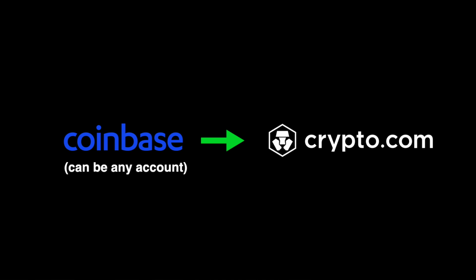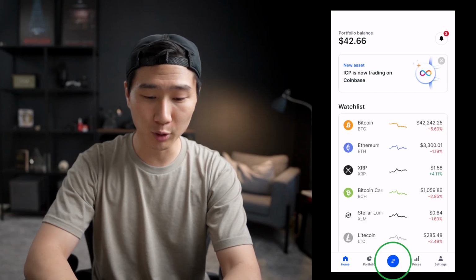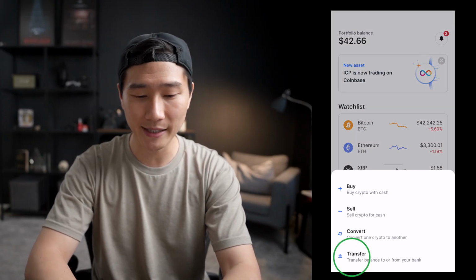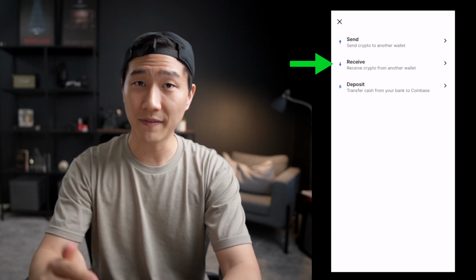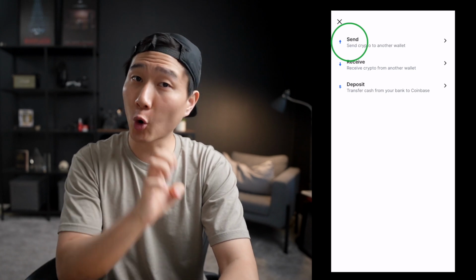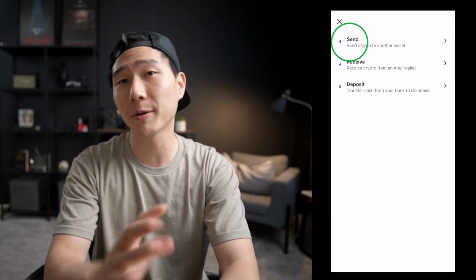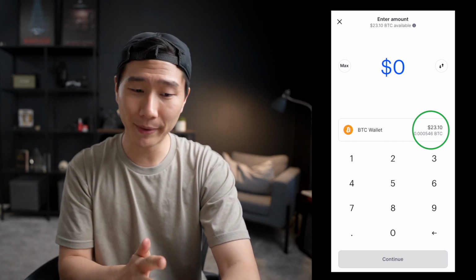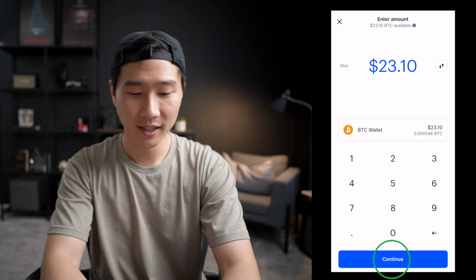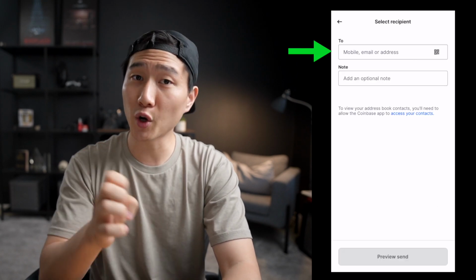First, I'm going to show you guys me sending cryptocurrency from one account to another, and then I'll explain as I show. Right now, I am on my Coinbase account, and I want to send it over to my crypto.com account. On my Coinbase account, I'm going to click on the blue circle button with the arrows, and then it's going to say transfer. Once I click on that, it's going to give me options: send, receive, and deposit. I want to send Bitcoin from my Coinbase account to my crypto account, so I'm going to be clicking on send. Right now, I have about $23 worth of Bitcoin on my Coinbase account. I'm going to click on max, continue, and then there's going to be a section where you can add an